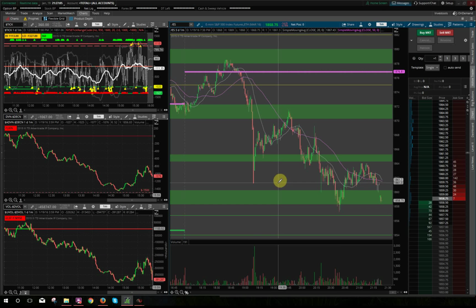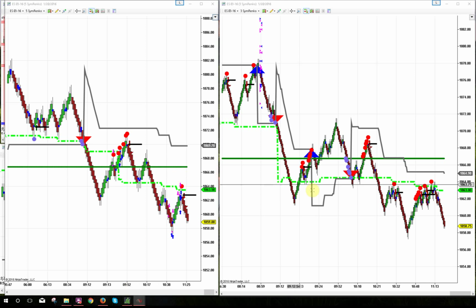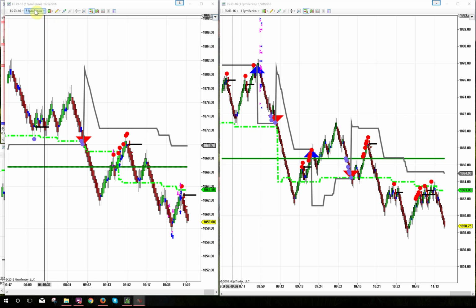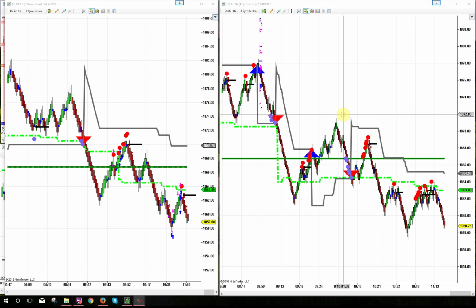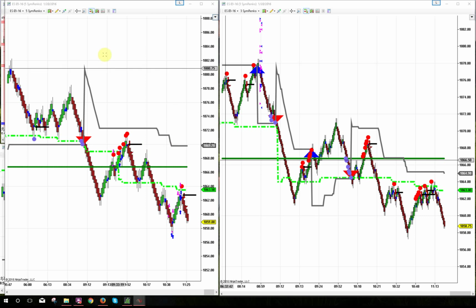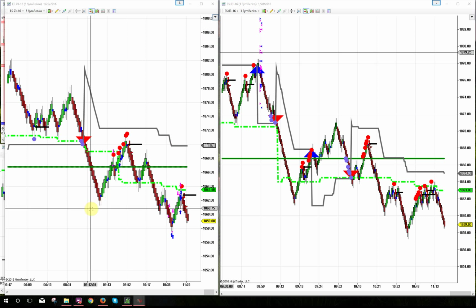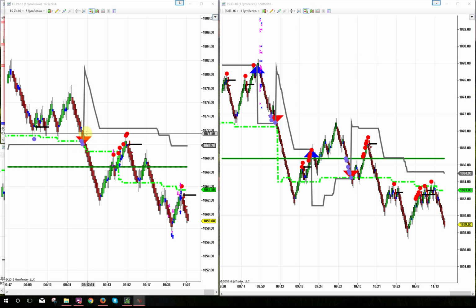So it ended down here at 1861. Let's match up here, 1861. And then it came back up. Now what I look for, this is a 3 Simrenko and a 5 Simrenko. It's just a type of candlestick chart that this proprietary indicator uses. What I do is match up the 5 and the 3 for a Fibonacci retracement. So you can see on this chart here that there's a red sell signal,